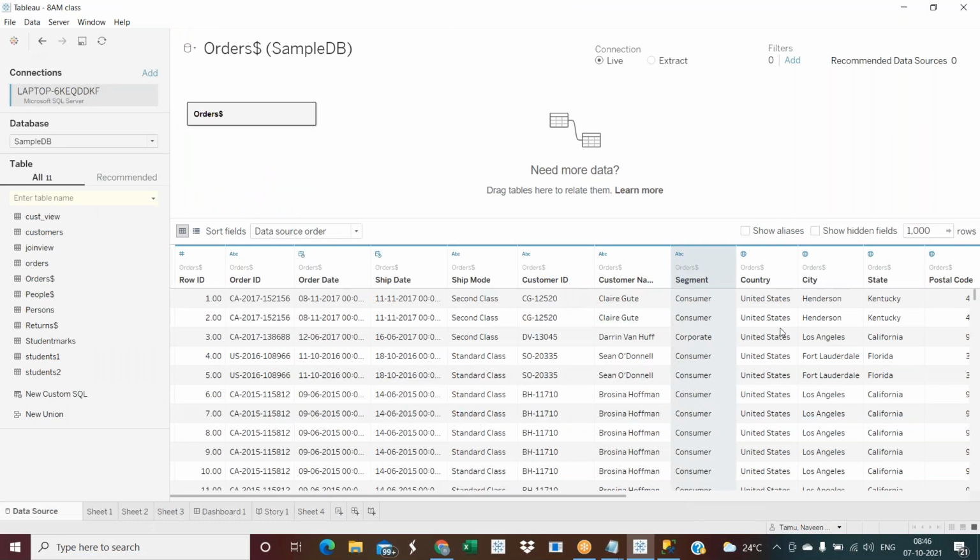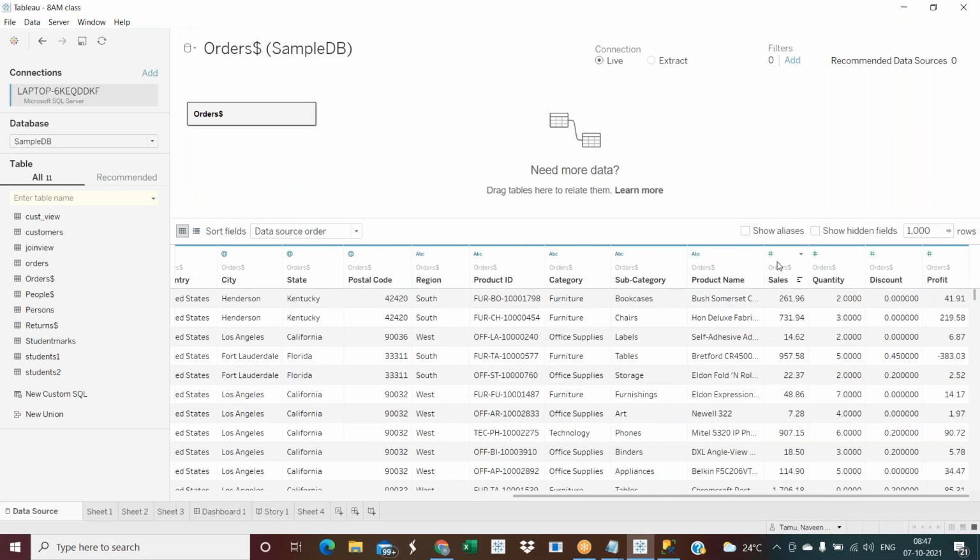If you go to the last columns, sales is always a number. Quantity is always a number. Discount is always a number. Profit is always a number. If you have decimal point values, at the database level they are considered a float.